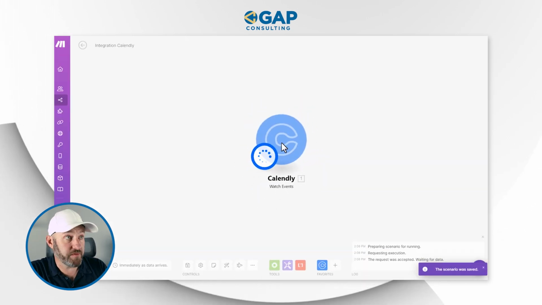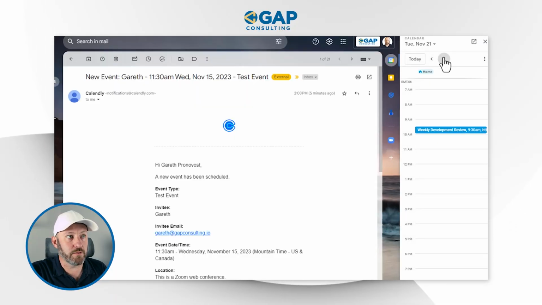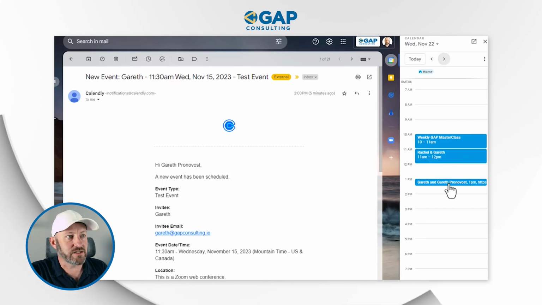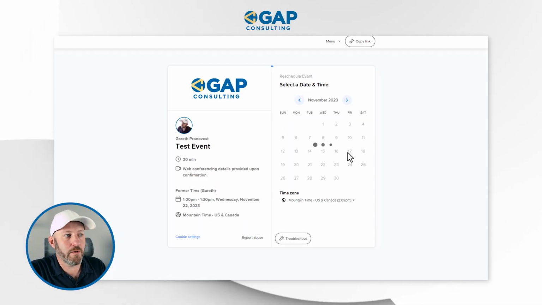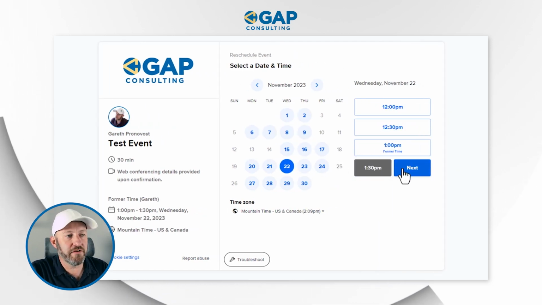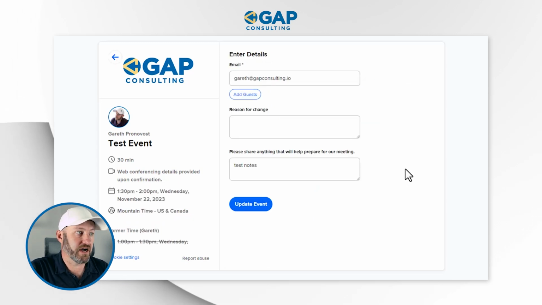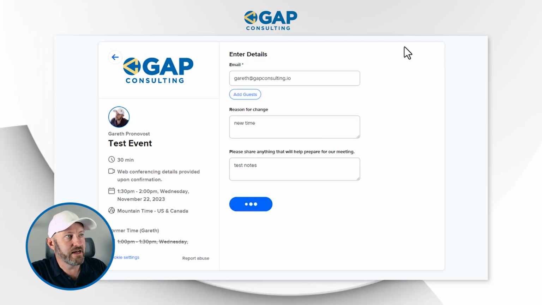Now we have to first have something canceled, right? So let's do it. We're going to go back into our account now, and actually flip on over to the new event that we created on November 22nd. So here it is. That's the new event. I'm going to cancel this one again. Let's reschedule it. And I'm going to pick the same day this time. And when I reschedule it again for the 22nd, remember, Calendly is going to reject or cancel the first appointment and move it by creating a new one on a different time. So this will be new time. I'll update the event,